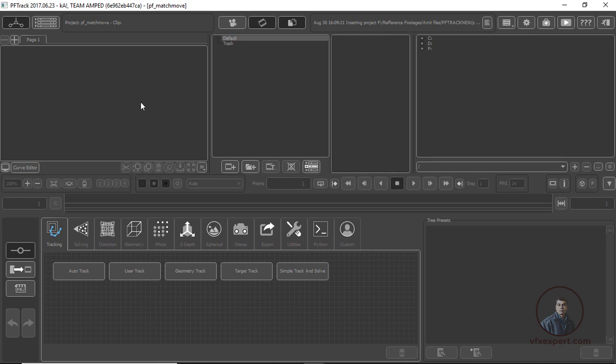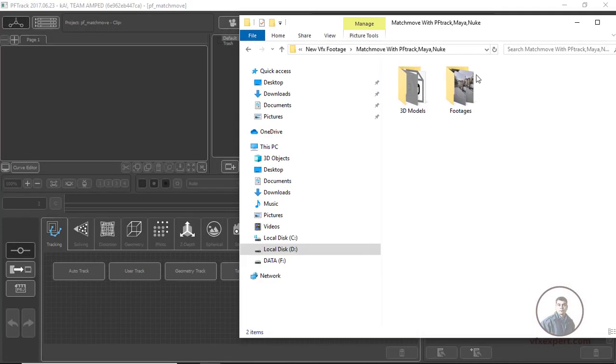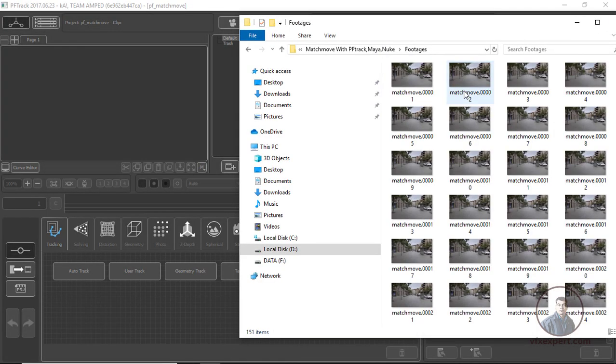Okay, now after this right side you will see these are drives in your computer. So from here also you can import your footage, or simply you can drag and drop your footage from a folder. Now here I am going to import from folder. This is our footage. Now open your folder. Now first frame you have to select and simply drag and drop into your tree area. Okay, this is your tree area. Now just simply select and drag and drop.